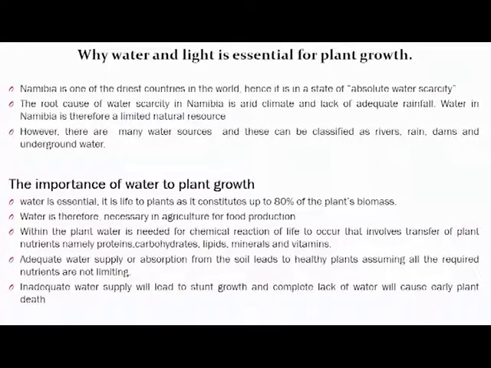On top of that, water is also needed for growth, for strength, and it acts as a thermostat, and it is also needed for food, nutrients, and roots. Basically, that's essentially what water is needed for. Mostly plants need water for what? Mostly it's for growth, for strength, it acts as a thermostat, mostly it's also for food, nutrients, and also for the strength of roots, or for root growth.